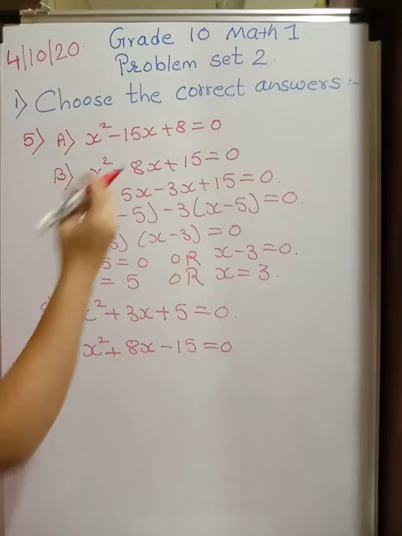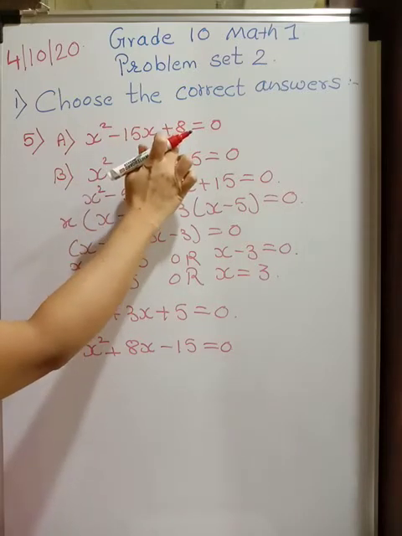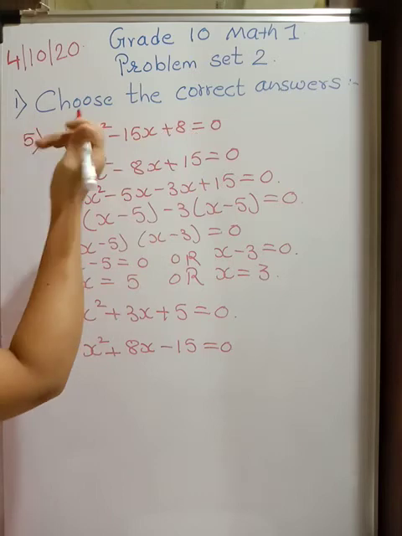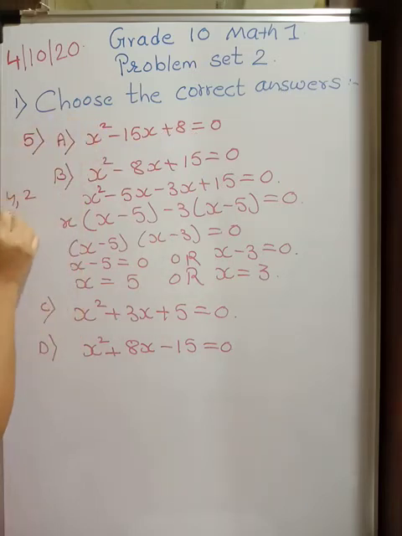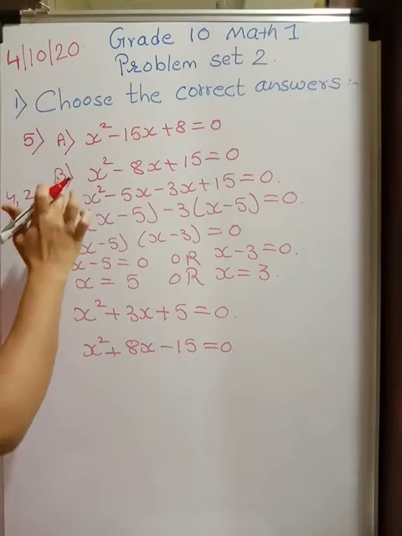Now see, two numbers whose product is 8. So we have only 4 and 2, 8 and 1. These are the only possibilities. Add up. Addition should come out 15. 8 plus 1 is 9 maximum and 4 plus 2 is 6. So this is not possible. Are you understanding me? Now let's go for the C also. Then we'll come back to this.